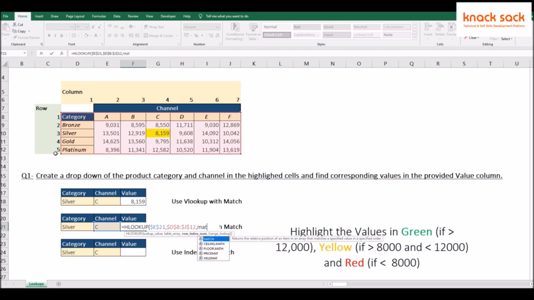So again we will use match here. Lookup value will be this category. Lookup array will be again this table. See, here we have not selected from branch. Instead, we have selected from category to rectify the mistake we made earlier.